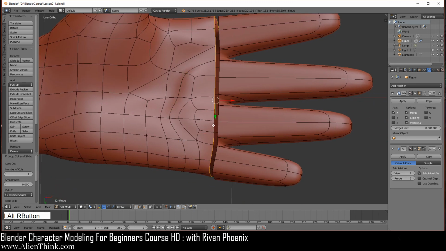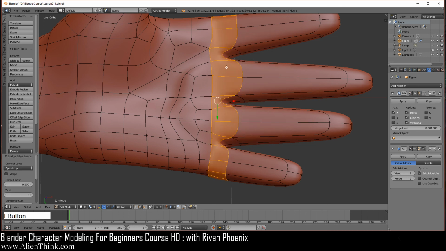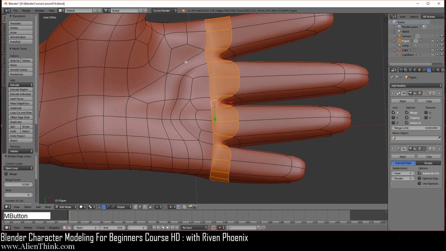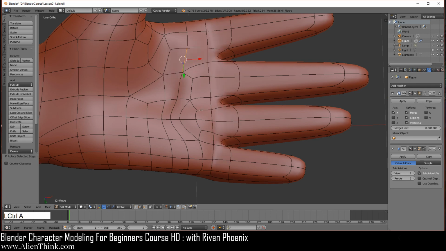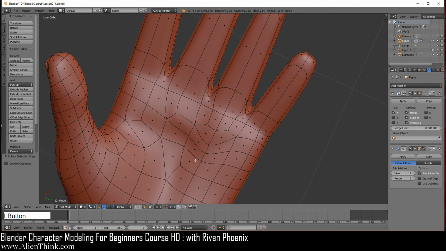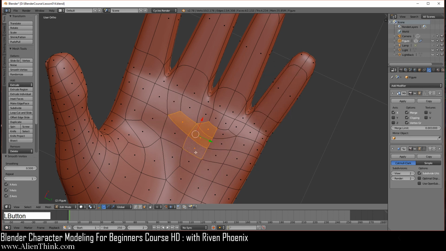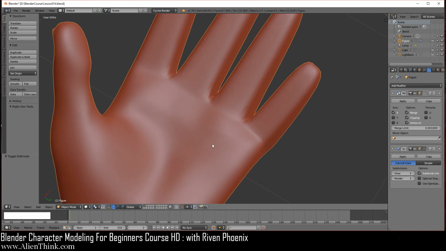So now if I do Alt, and you can see that we have 26 edges, Shift Alt and click on this. Now do W, and we're just going to do bridge edge loops, and it's going to connect. So we're not going to touch anything right now over here. Click on this one, Control A, 1, and then 2. Now come over here, click on the face select mode, click on these faces over here, this one too, and just do W smooth, and only going to do 1 and then 2, and just do Tab because we're going to come back in here later.